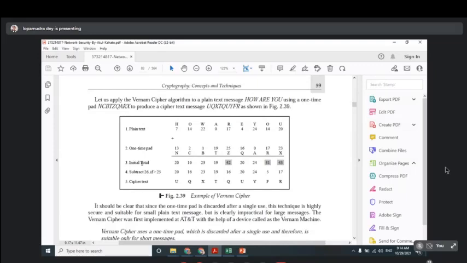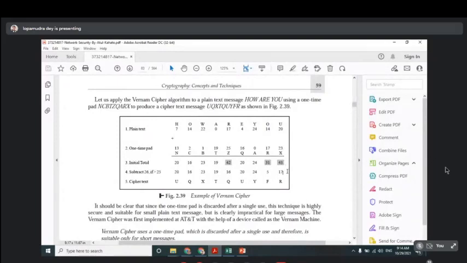After that, we will perform a subtraction operation if the particular number is greater than 25, because we have a list that contains 0 to 25 alphabets. The position of the alphabet ranges 0 to 25. So if the number after addition is greater than 25, you have to subtract 26. This 42 is greater than 25, so you subtract 26 and you will get 16. Again the 31, you will get 5, and from 43 subtracting 26, you will get 17.